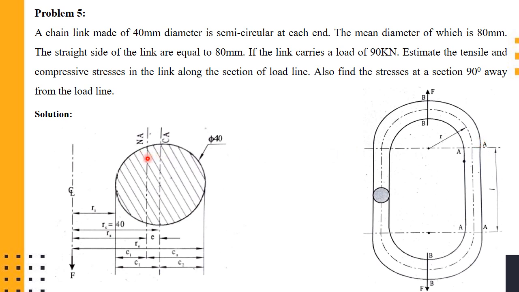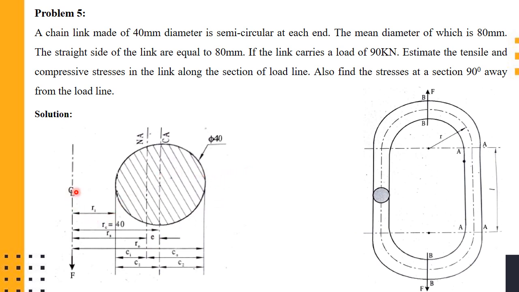After that you have to draw the neutral axis. The neutral axis will be shifted away from the centroidal axis since it is a curved beam, and the neutral axis will be shifted towards the inner surface. The distance between the neutral axis and the centroidal axis is given as eccentricity e. And it is already given